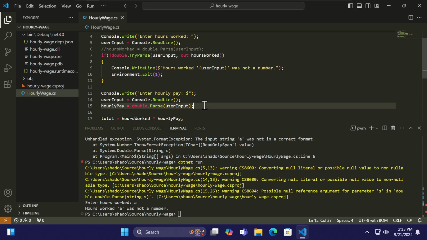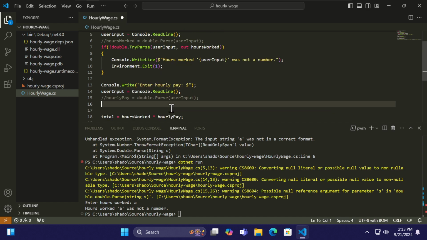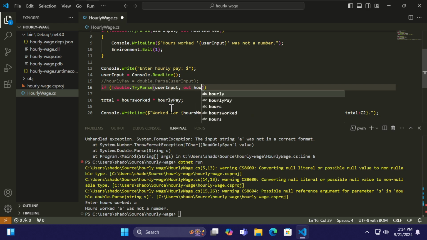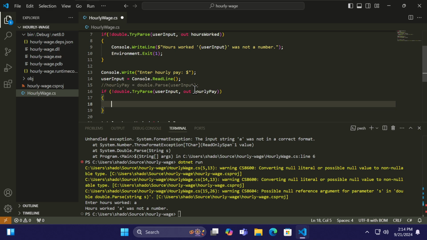We could do that here as well. We could comment this out. Do if double.TryParse user input, out hourly pay. So if that's not the case, then we'll do